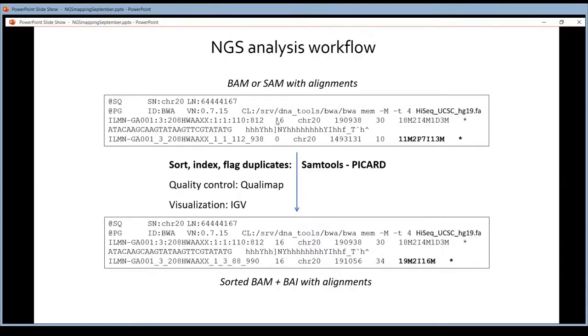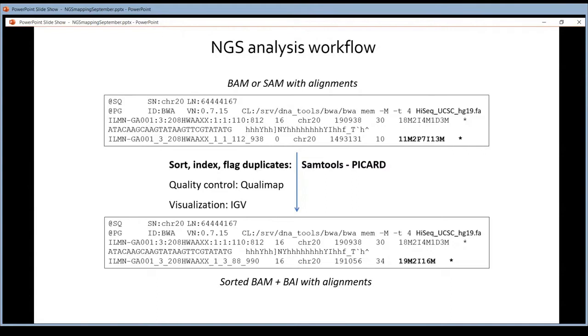First of all, what we're going to do with SAM and BAM files is we're going to sort them. The order of the reads in the SAM and the BAM file at this point is the same order as in the FASTQ file. So the reads are ordered according to the ID, according to the location of the cluster on the flow cell.